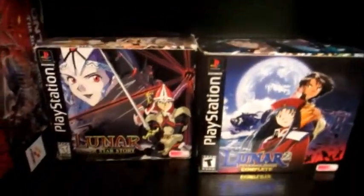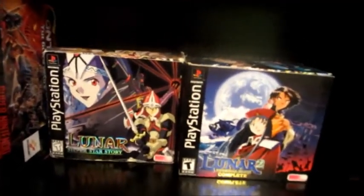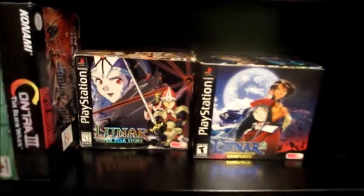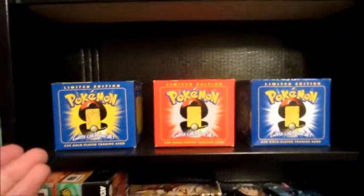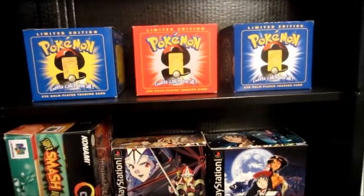Both of them are the collector's edition kind of thing. I believe I showed these as well already in a pickup video. I got them for 20 bucks each, so happy to add them. That's that shelf. Then these I haven't shown you guys yet, but basically I got some box complete Pokemon Pokeballs